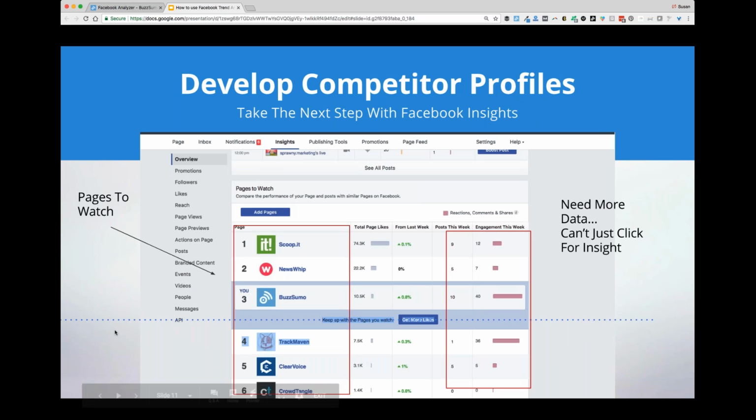All right, now the second big way that you can use the Facebook Trend Analyzer is to develop competitor profiles. So I would suggest that this is a great way to take the next step with your Facebook insights. If you are an admin on a Facebook page, this is probably familiar to you. Underneath the posts that have performed best on any given time period, you'll also see the pages that Facebook thinks